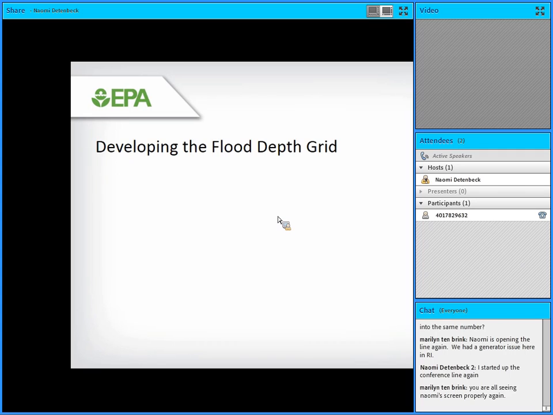Alright, so to develop the flood grid, there's three ways of doing it. We can either do it in